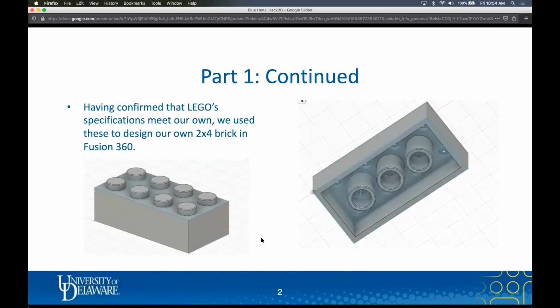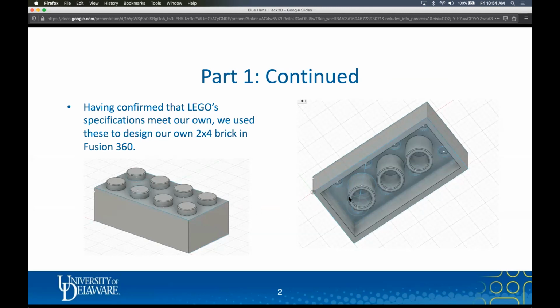Once we had found this blueprint, we were able to use the measurements listed in it to design our own brick. We opened it up in Fusion 360, and based on the specifications from the official Lego blueprint, this is the model we came up with.